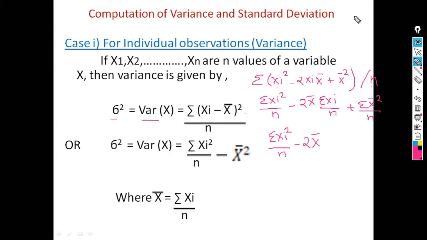We know that the definition of arithmetic mean for individual observation is x bar is equal to summation of xi divided by n. Just substitute a summation of xi by n equal to x bar. So summation of xi by n is equal to x bar plus this summation. If we have to remove this summation sign, we know that this summation is from i equal to 1 to n, means there are n terms. So to remove this summation sign, here we can write n x bar square divided by n.